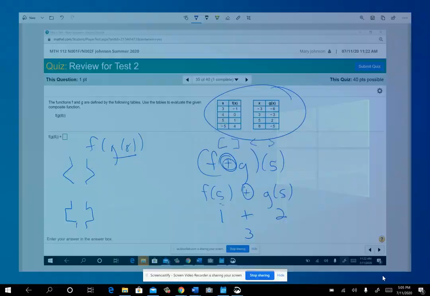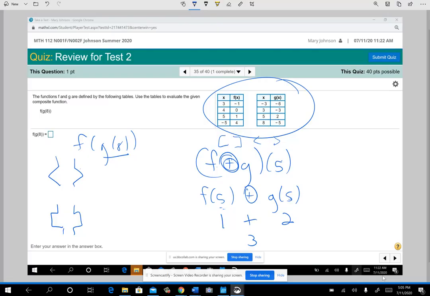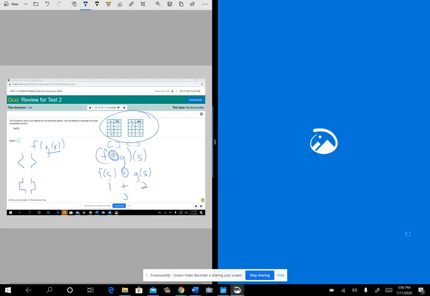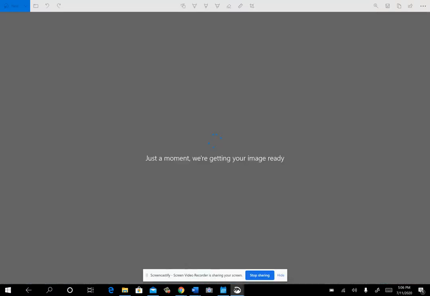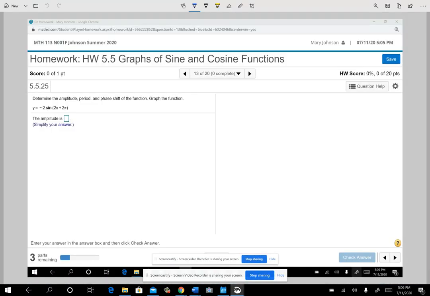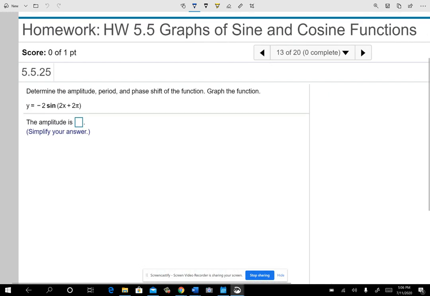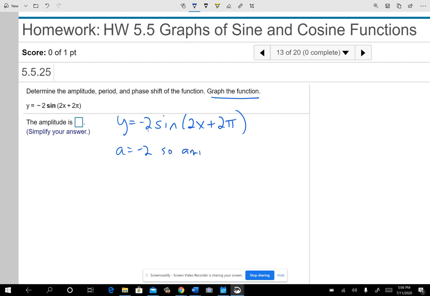What you would do if you're doing this completely by hand is maybe a little different than what you would do by using the tool in MyLab Math. What we're ultimately trying to do is graph the function y = -2 sin(2x + 2π). So we know that a = -2, so the amplitude